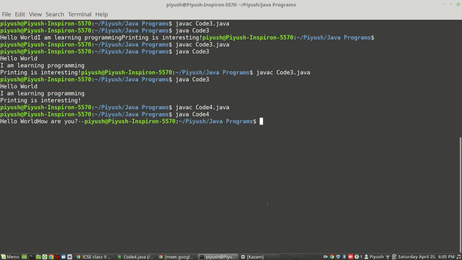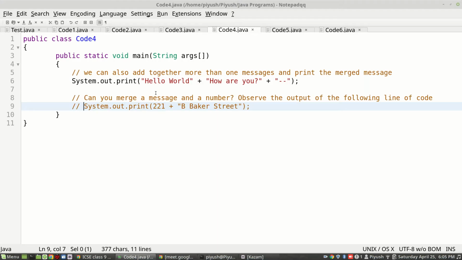Now you can see there is no space between hello and world, because Java on its own won't put any space. Why is there no space? You can see my message started immediately after the double quotes and ended immediately before the double quotes. Same is for the second message. What the plus operator does is it simply binds them together and results in one single message.